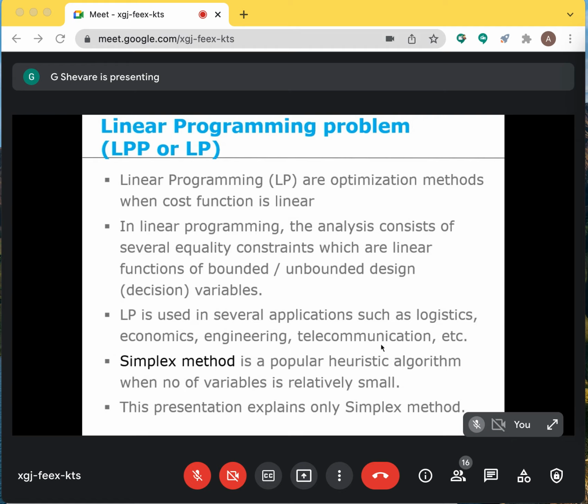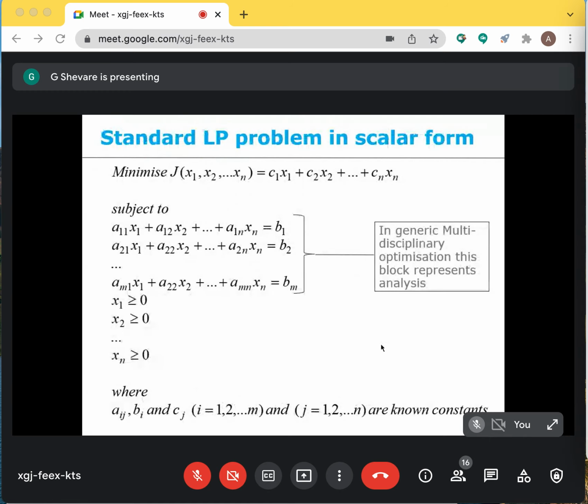What I want to tell you is the simplex algorithm works when the number of variables is, let's say, hundreds, maybe thousands. But when the number of variables is very large, you need some other method of linear programming to do the design. So it's only this simplex algorithm. We will not look into other algorithms. Okay. So having said this, irrespective of whether it is solved by the simplex method or any other method, this is a statement of the linear programming problem.